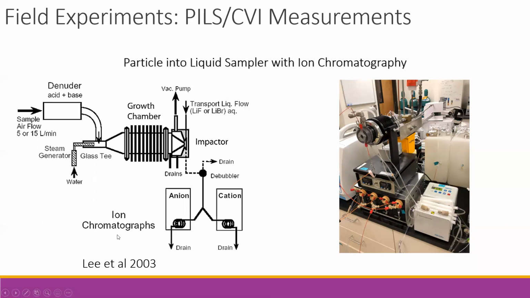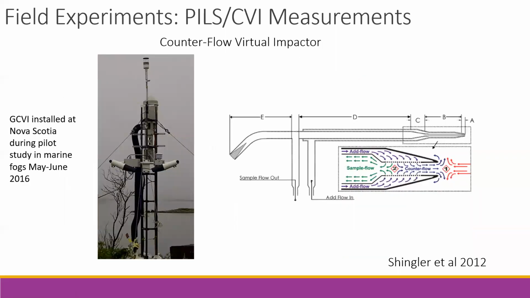As the water vapor and the temperature decreases, it acts just like a cloud would, and the water condenses onto the existing aerosols, which forms bulk water that we can then run wet chemistry on with techniques such as ion chromatography or a total organic carbon analyzer. This is a great example of a particle-into-liquid sampler system from Amy Sullivan's lab at Colorado State University. And then we want to combine this with a counterflow virtual impactor.